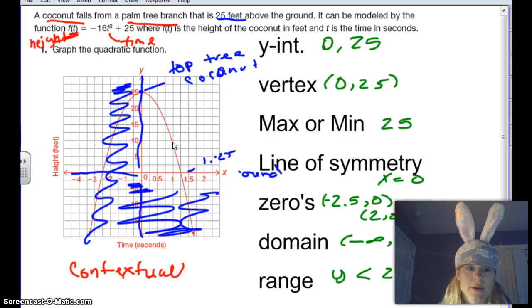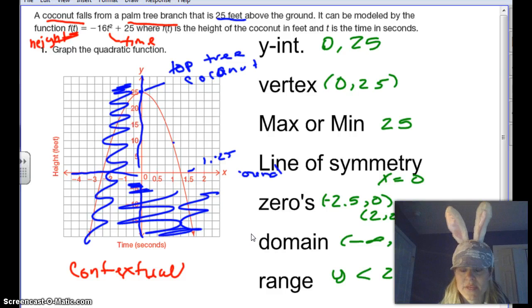So if we look up here, at 1 second, it's about 10 feet. Okay? Or you could say, 20 feet, how much time has passed. So at 20 feet, half a second has passed. Okay. But mostly when we're talking about contextual problems, the only one of these things that's really going to change